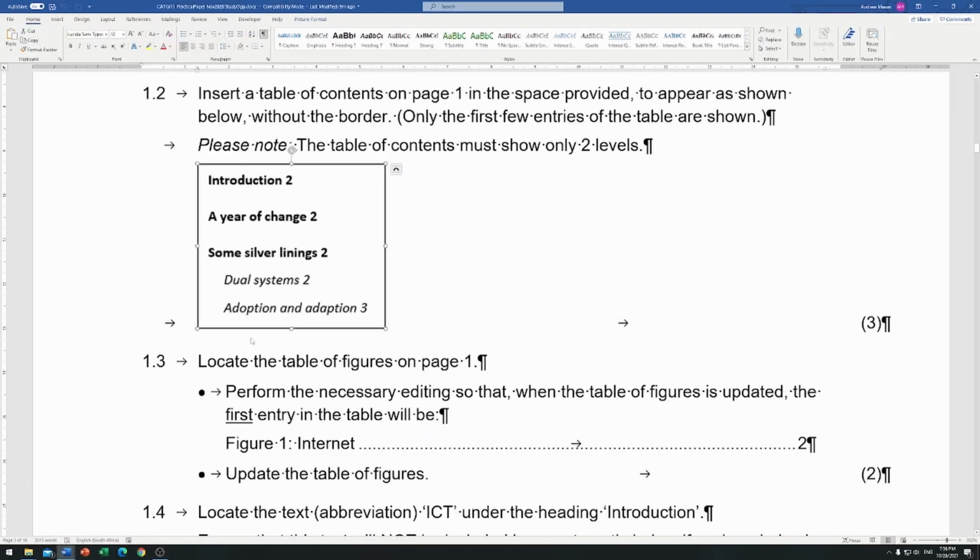So in the next question, you can see they ask us to locate the table of figures on page 1, perform the necessary editing so that when the table of figures is updated, the first entry in the table should be figure 1 internet. So my assumption here is going to be that this picture hasn't been given a caption, and you'll remember that your table of figures is based on the fact that these pictures are given captions. So the first thing that I'd have to do is give it a caption, and then the second thing I'd have to do is update the table of figures, which is why